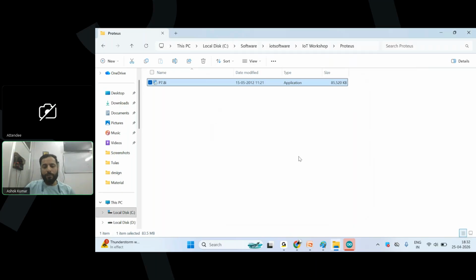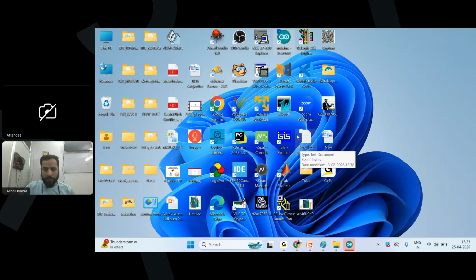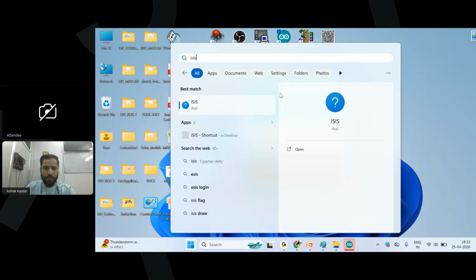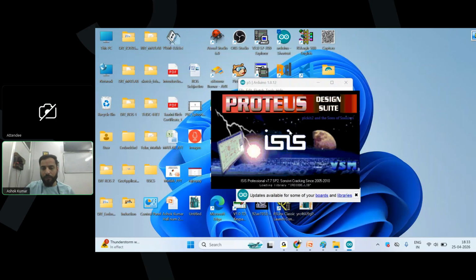Okay. Once you complete this, we'll be having the shortcut icon of ISIS in the desktop. So I can't see this icon on my PC right now. Correct? Let me search ISIS. No, yeah, it's here. So I can start it like this. Okay. If in your case you have installed this Proteus and the shortcut icon is not available on your desktop,